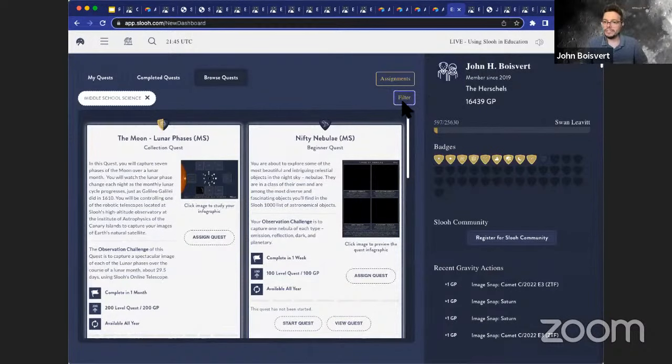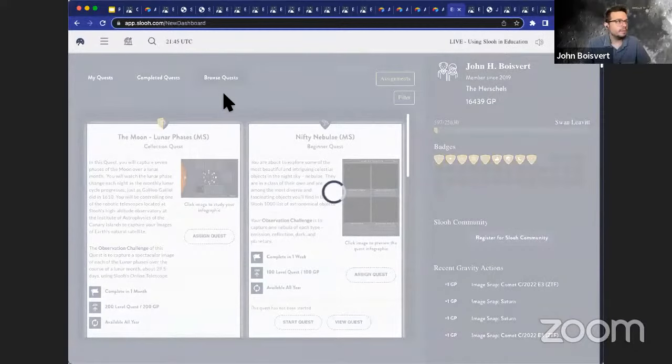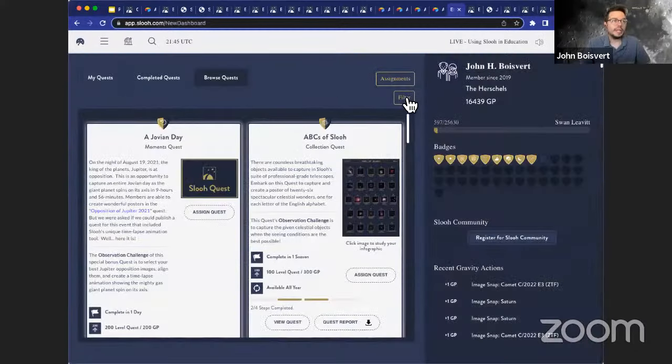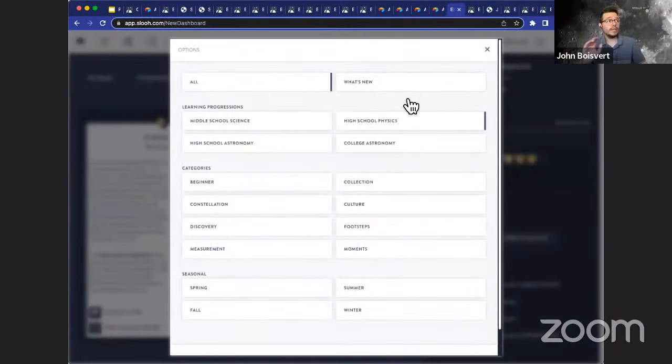Yep, I was just kind of following along. So I hope that we've all seen how I did that. If you didn't, let me do it again. So if I get rid of the filtering up here, I click on filter, and this is a new way that you can filter through the quests. So just in general, you can look through all of the quests here, just look at the new ones, look at the quests depending on the particular category, and then also the seasonals.